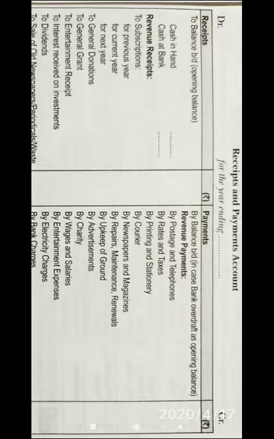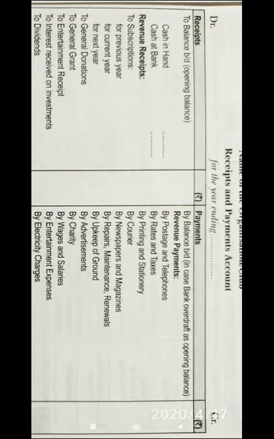There is a possibility of balance BD over here, but that can only be in case of a bank overdraft. If in the question it is given that there was a bank overdraft in the beginning, then you will have to write onto debit side to balance BD and you will mention cash in hand, and onto credit side you will mention by balance BD and the overdraft amount will be entered.